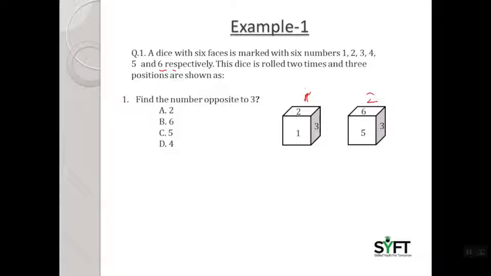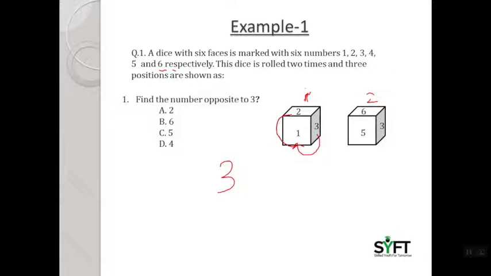And we have to find the number opposite to 3. There is a way to find out. If you can see the 3 is at the same position in both rolls, then you consider 3 as a position and then you travel clockwise